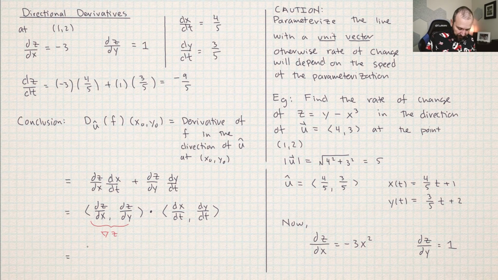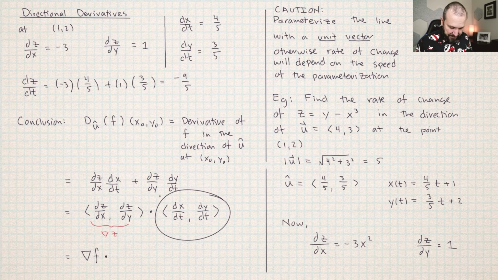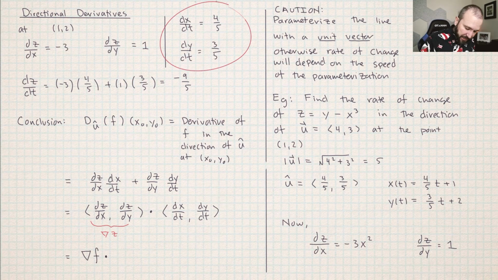So if I wanted to clean this up, I can just write the gradient. We also read that symbol del. That's just this vector of partial derivatives. God, why can't I write a triangle? The gradient of f dot product with now this dx/dt, dy/dt, we did that up here. All that turns out to be, because u is the direction that you're moving in,